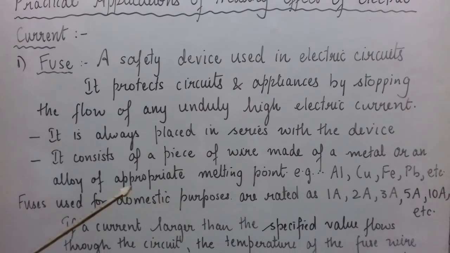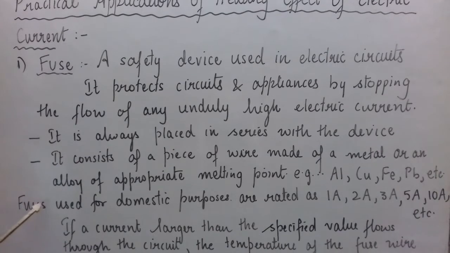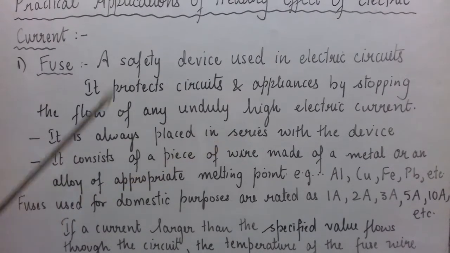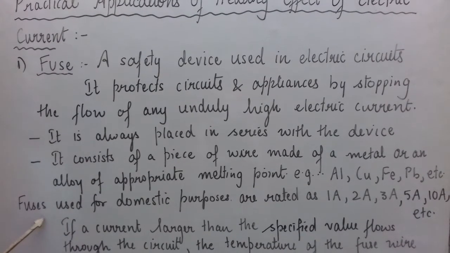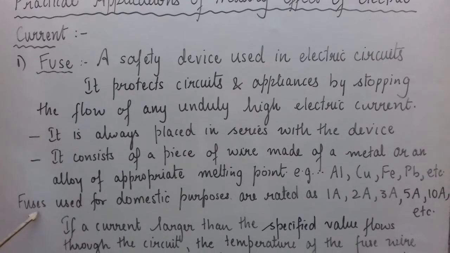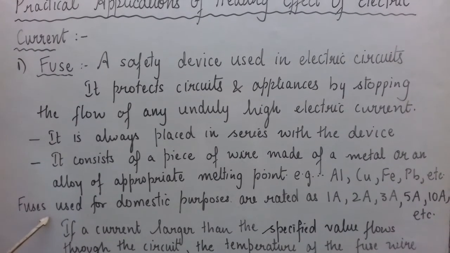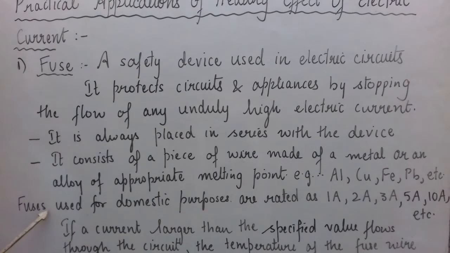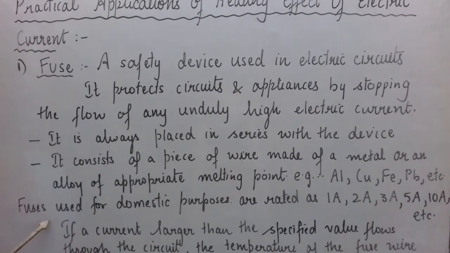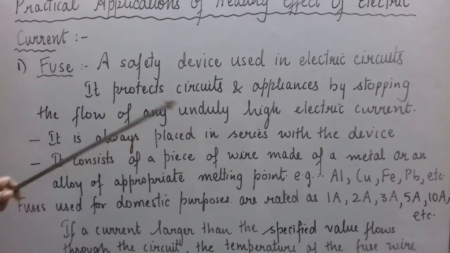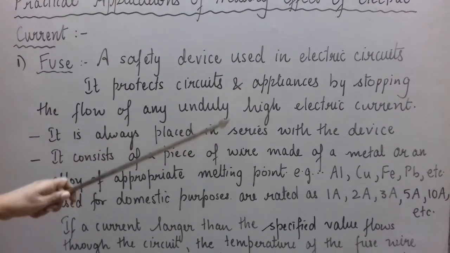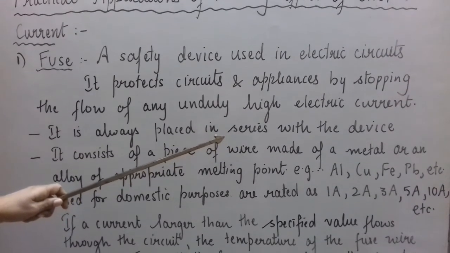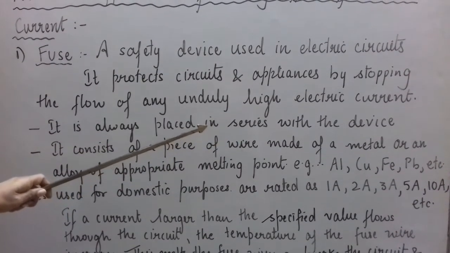So if the current is more than 5 ampere, the fuse, which is connected in series with your device, okay? And in case of a domestic electric circuit, when you talk about the fuse which you have at home, those fuses are connected in series with the live wire. Remember that. How are fuses connected in your domestic electric circuits? They are connected in series with the live wire. Here we are talking about just any electric circuit, so we will say that a fuse is always placed in series with the device. And for a domestic electric circuit, remember, placed in series with the live wire.